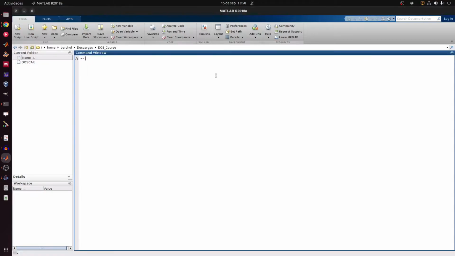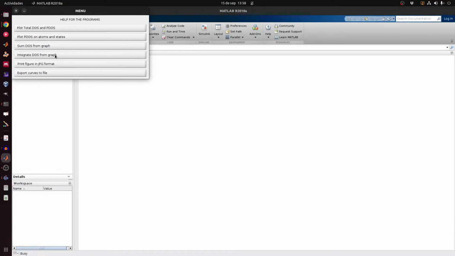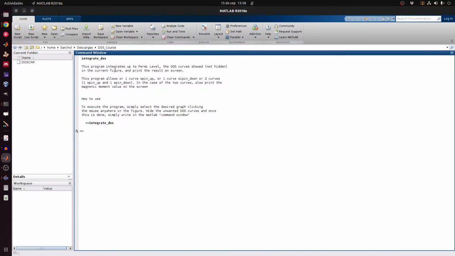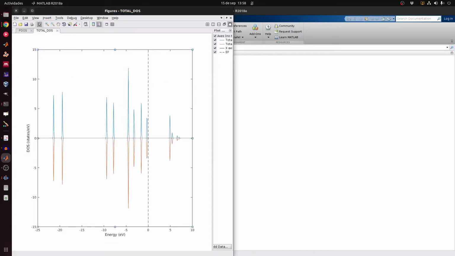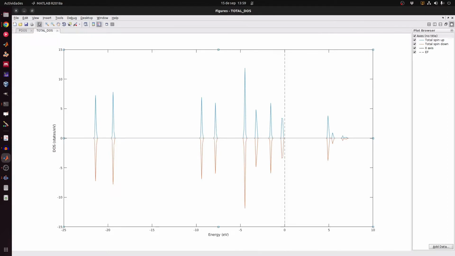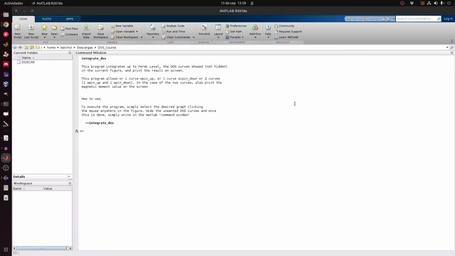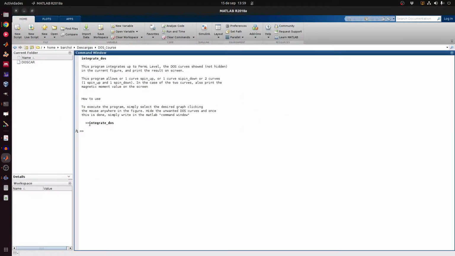The next program on the list allows us to integrate the density of states present in the current graph up to the Fermi level, so you can find the number of electrons or even the magnetic moment of the system. For example, if we consider this graph where we have plotted the total density of states and want to integrate that curve up to the Fermi level, we simply type integrate_DOS